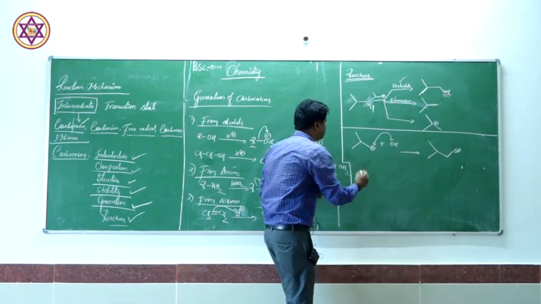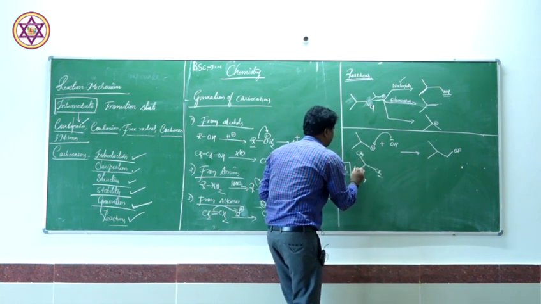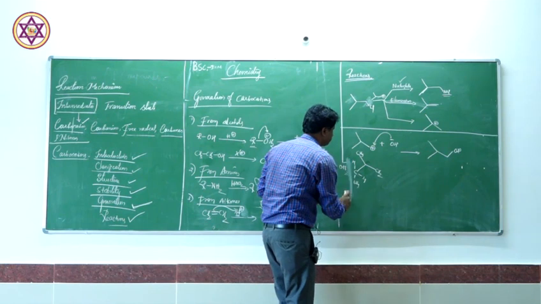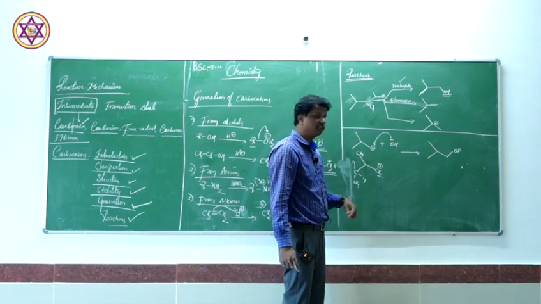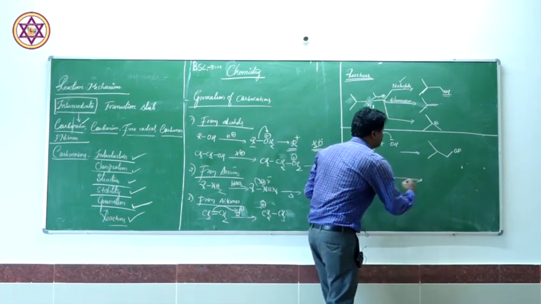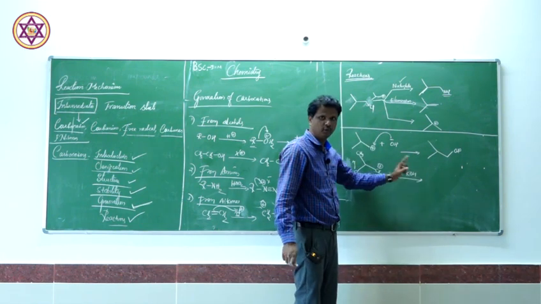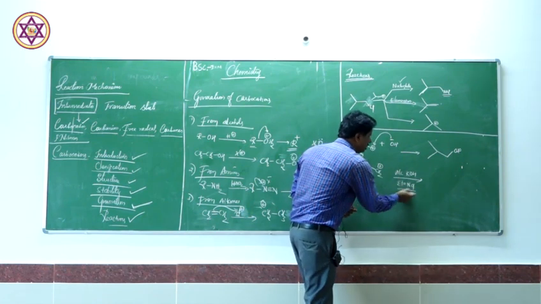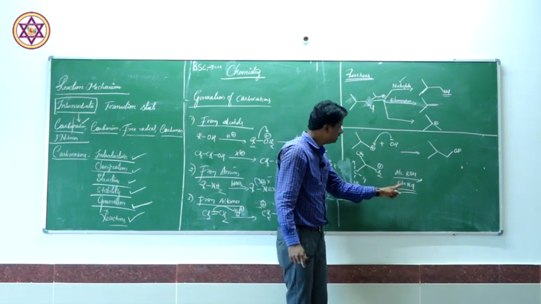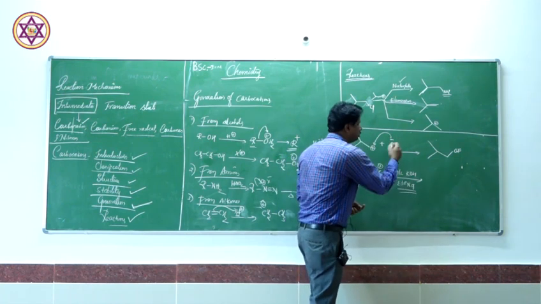The second step, I am taking the same example as here. Let us assume that we have CH3 here, CH3 here, and we have CH2 plus here. What happens if, instead of adding a nucleophile, you add a base, let us say for example alcoholic KOH, ethanolic KOH, that generates sodium ethoxide, which is a strong base. Since it is a base, it doesn't attack. See, a base also has a negative charge, and a nucleophile also has a negative charge.